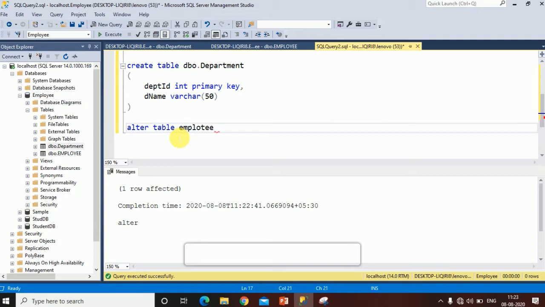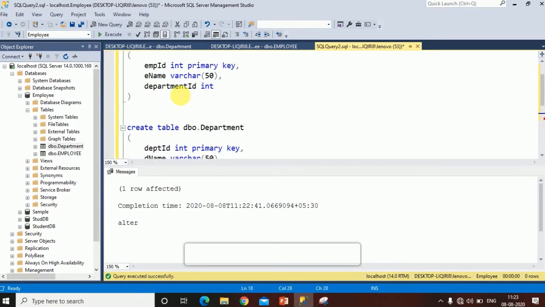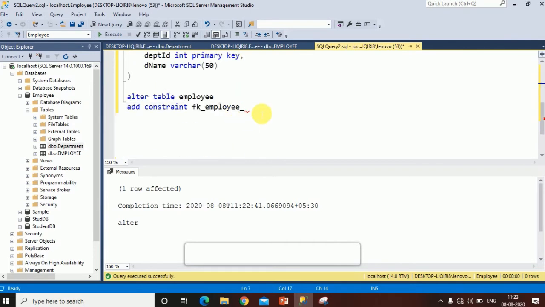Then ADD, since we want to add a constraint. Then the name of the constraint: FK_employee_departmentID_departmentID.